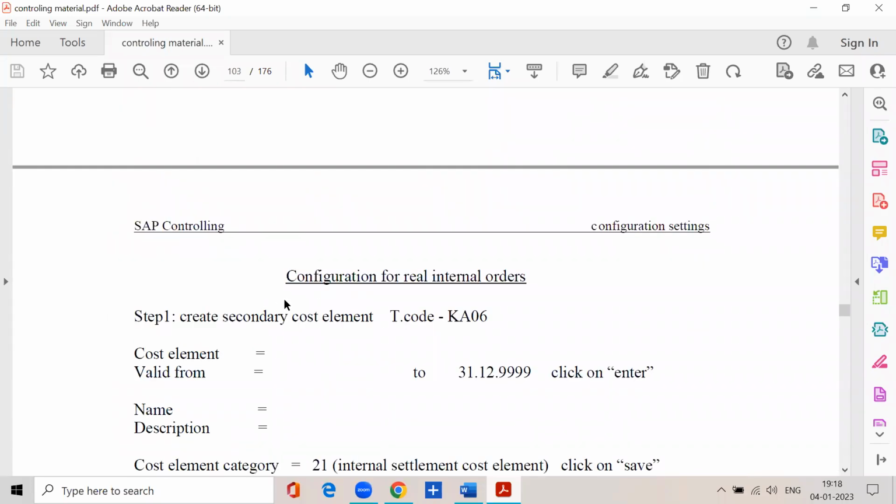Now, let us configure for the real internal orders, right? Let us assume we have participated in one exhibition event, and the exhibition event is completed, and the cost is to be settled to,